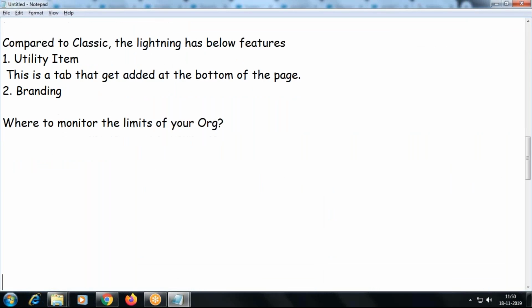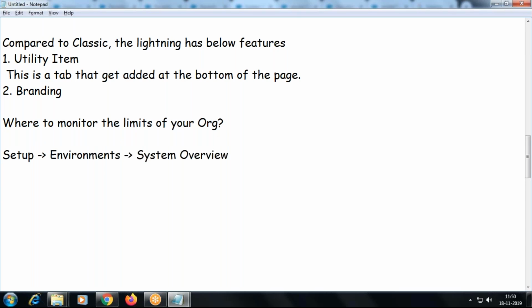Some of the things are not there in the hard copy, but anyway, I'm going to upload these notes. Environments, System Overview.